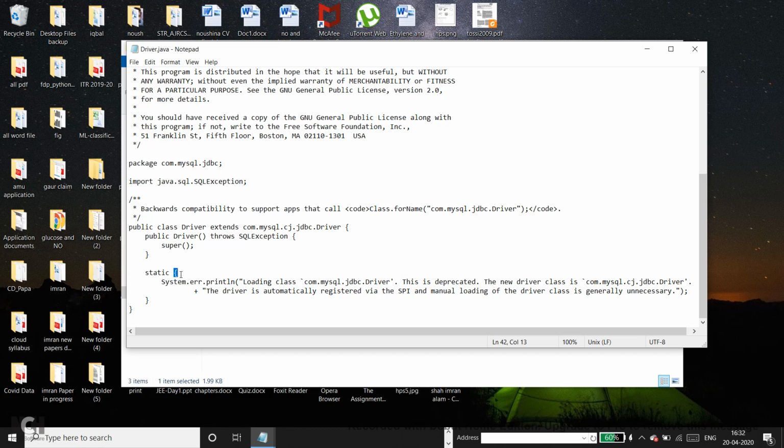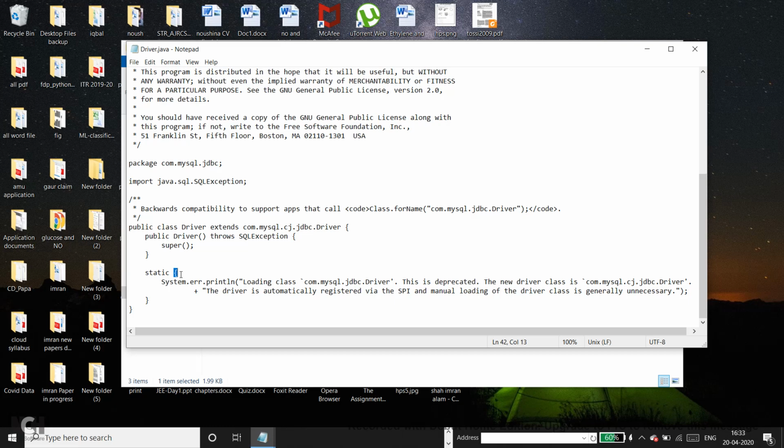Okay, so if we see the steps, what happens with a class is that the first thing is the class is loaded in the memory by the class loader even before it is used. Then the static block takes charge and is executed.